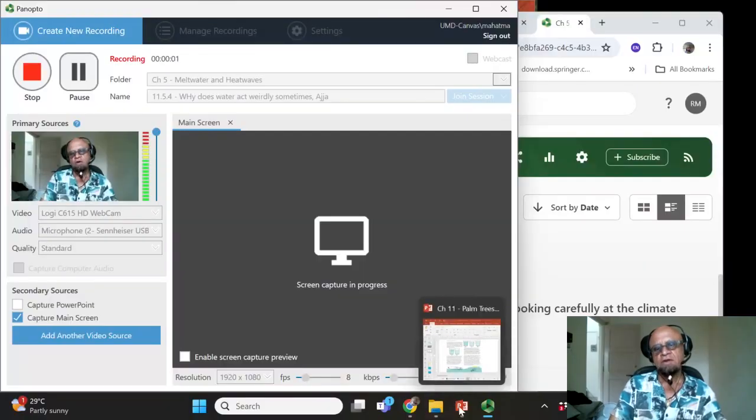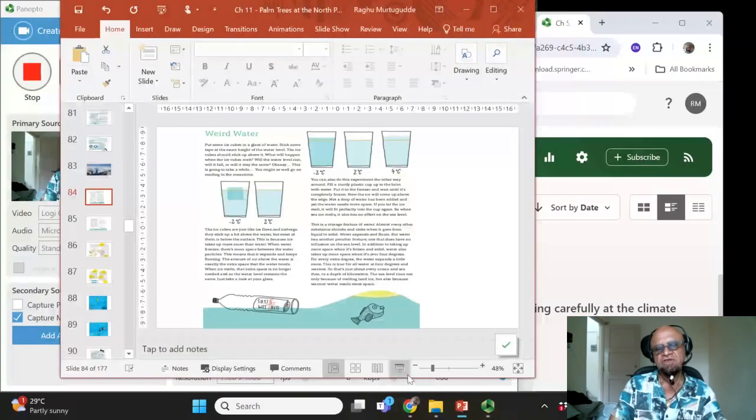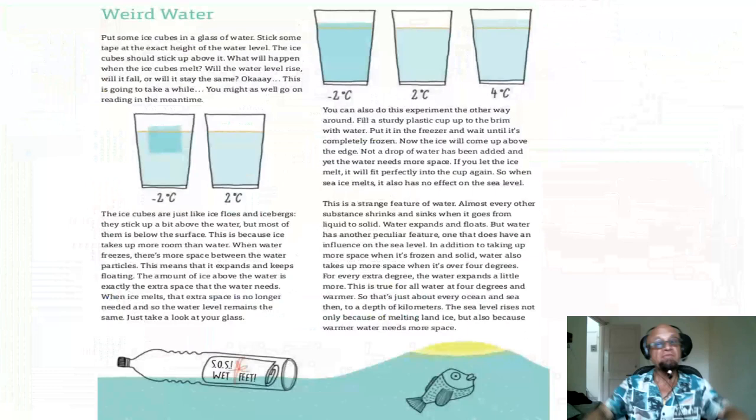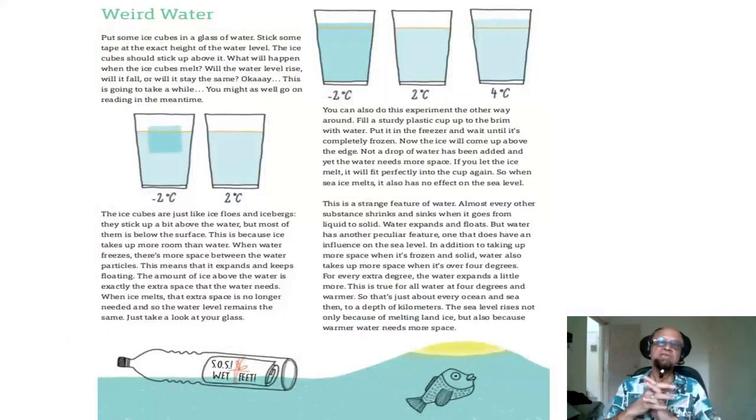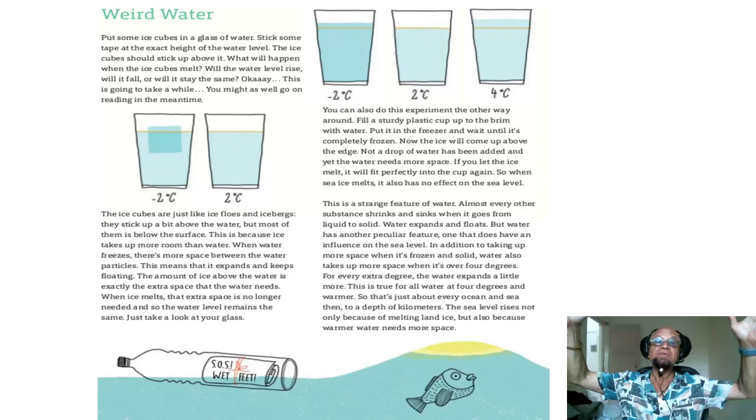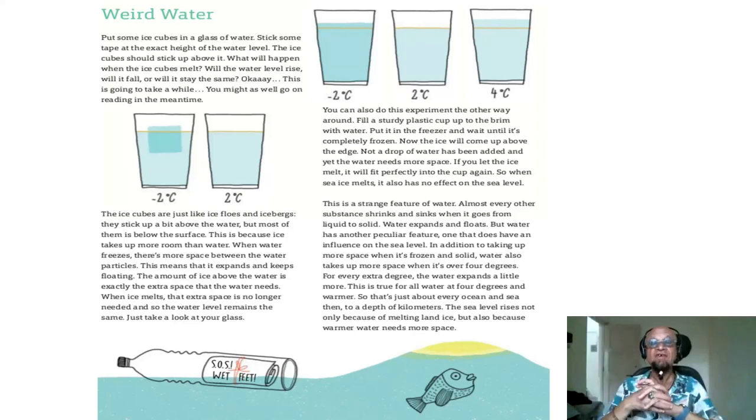Of course, water is part of life as we know it here, and even when NASA and other agencies from Europe go out into space, they look for life. They always think maybe water is a very important element, a key component for life. So you want to understand the properties of water, and we're starting by saying weird water because water has some